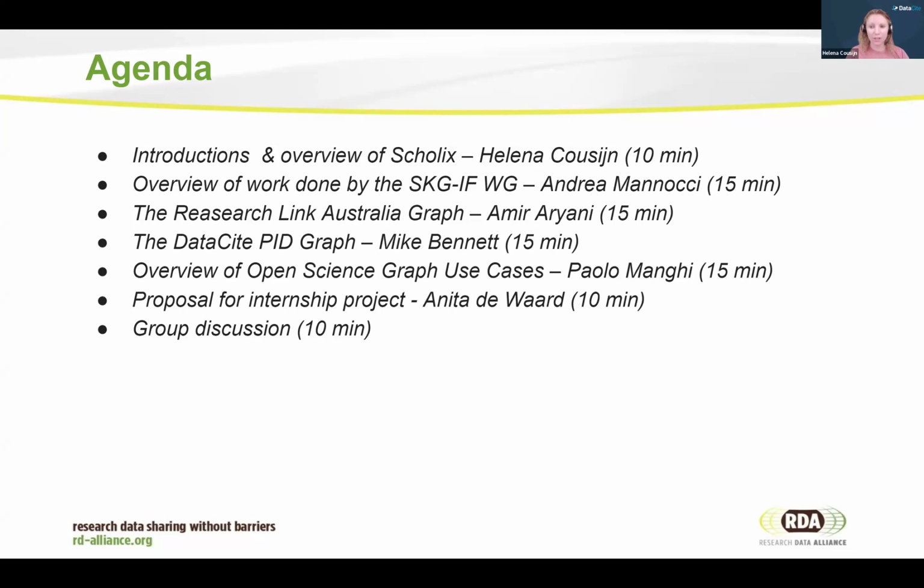Andrea will provide an overview of the work that's done by one of the other working groups. We'll hear from Amir, also co-chair of the group, about the Research Link Australia graph. And my colleague Mike will present on DataCite PIT graph. Our co-chair Paolo will give you an overview of Open Science Graph use cases. And then our fifth co-chair, Anita, will share a proposal we have for an internship project,